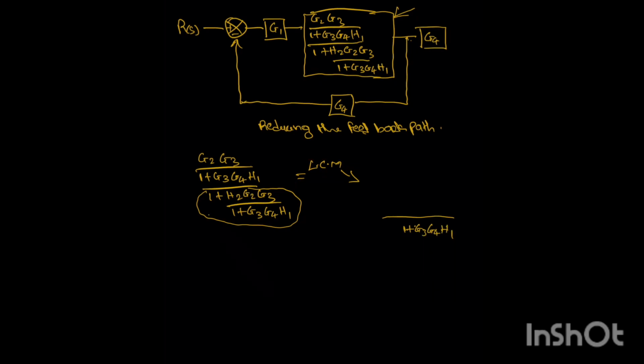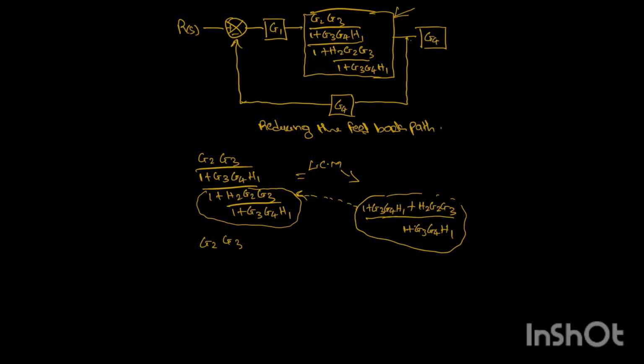So this divided by this times this, we have 1 plus G3 G4 H1, plus this divided by this is 1. So we'll be having 1 H2 G2 G3. So this is the LCM now. We have gotten this as the LCM. So we are going to exchange it with this. So what we'll be having is